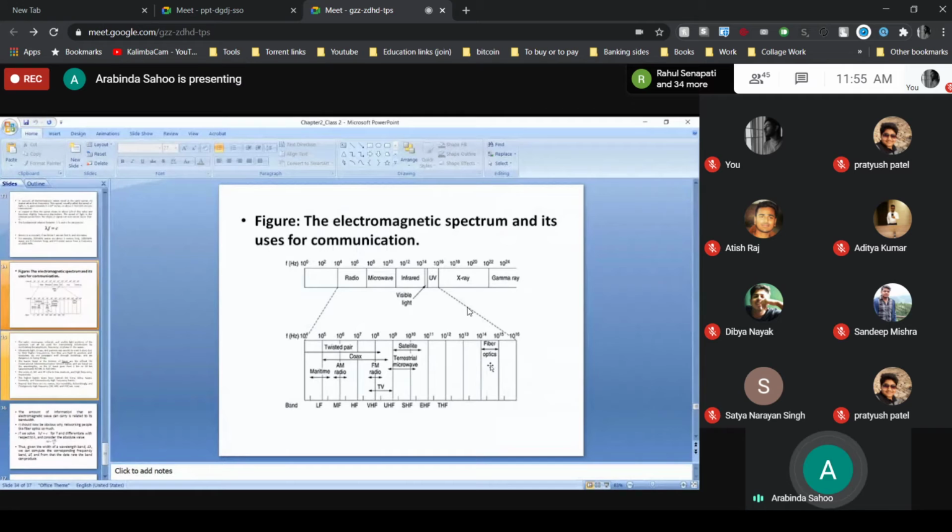So these are the different divisions of the electromagnetic spectrum based on their frequency range. They are of different types. In the next class we will discuss in detail the different uses of these different waves, the naming of low frequency and mid frequency, how they are used and how they are related to your data rate.